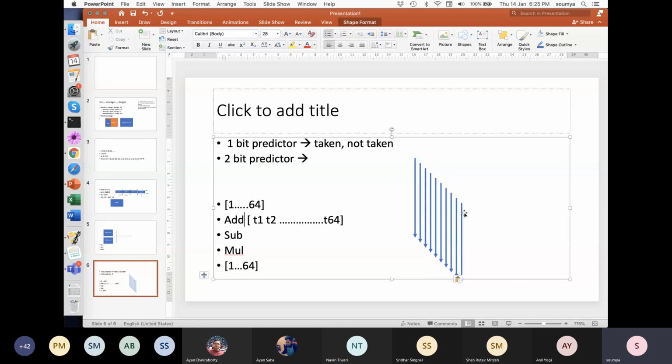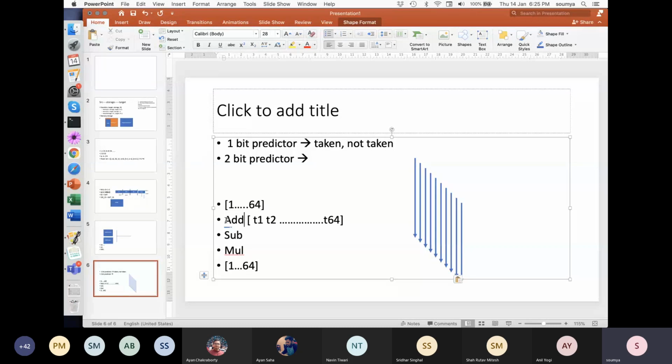But the question is, do they really work in parallel on all the threads? Suppose I define 1 million threads. Will I add 1 million values in parallel? I cannot do that, right? I do not have the hardware support. Inside one streaming multiprocessor, let's say I have 32 adders. That means I can only do 32 additions in parallel.